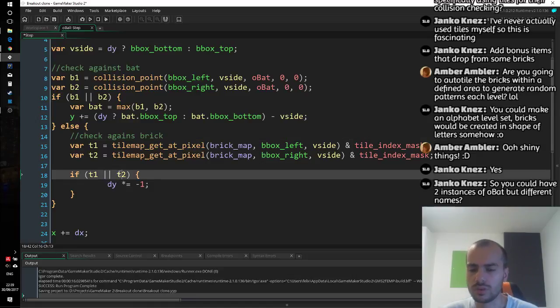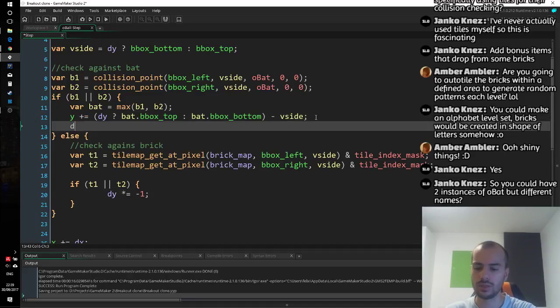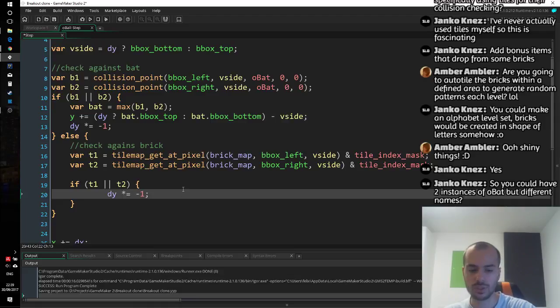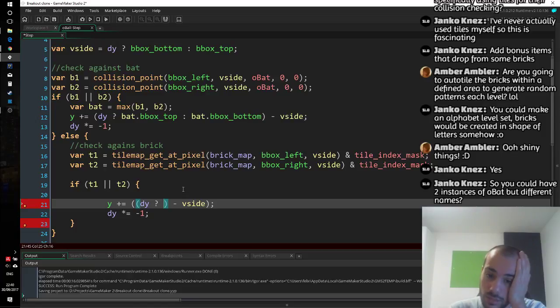So if T1 or T2, what we want to do is say okay. So here we should also say dy times equals -1 as usual, and here we want to say that thing, but we also want to snap our y value, so we can say y plus equals, so let me think about this, it will be something minus v side, and, oh, it will depend on our dy once again, so we need to use dy question mark something. I don't need this outer bracket, I don't know why I have it. So if we're going downwards, we want to collide with the top of a something, so we can simply grab bbox bottom, and we can